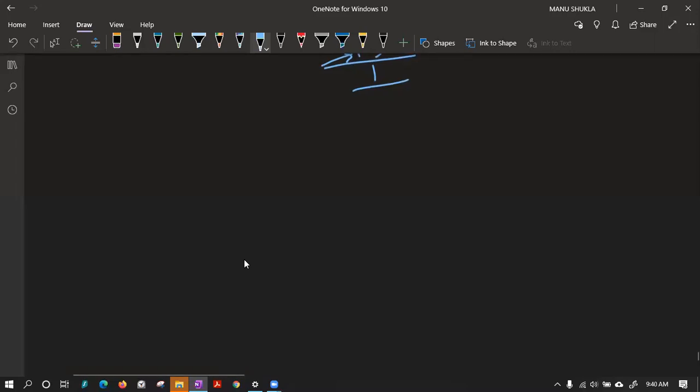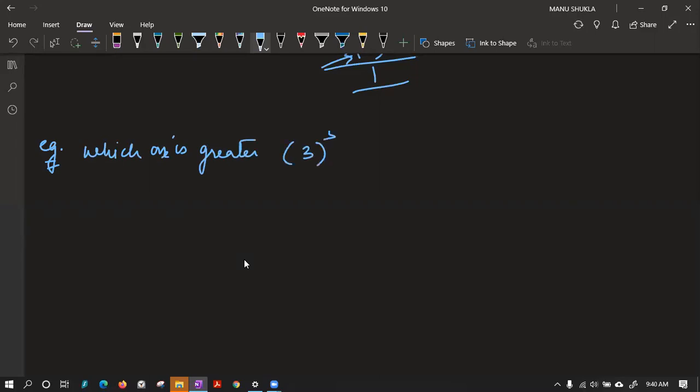Let us try to compare two powers. Example, if I ask which one is greater, 3 power 5 or 5 power 3. Class, please tell me. Yes, if you want, Mokshita, a number in a particular base, you will do by that only. Don't worry, it will be discussed. First, tell me, class, are these two different or same? If they are different, which one is greater?